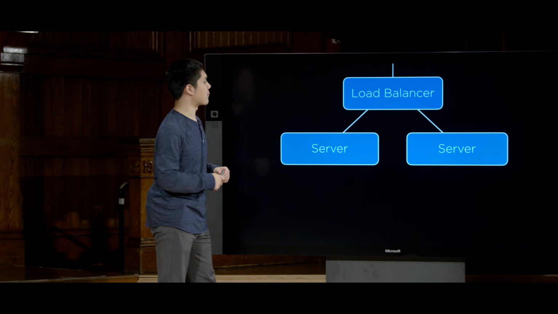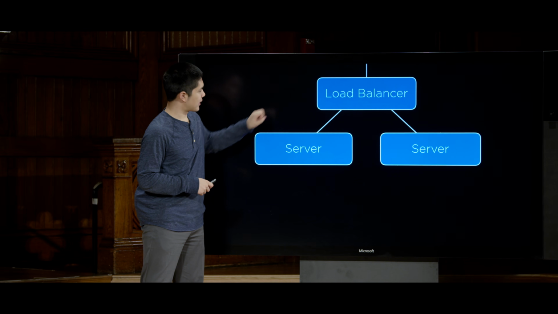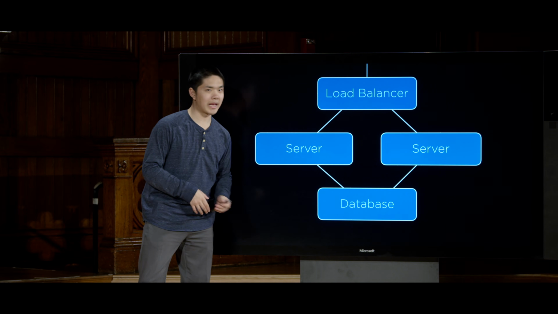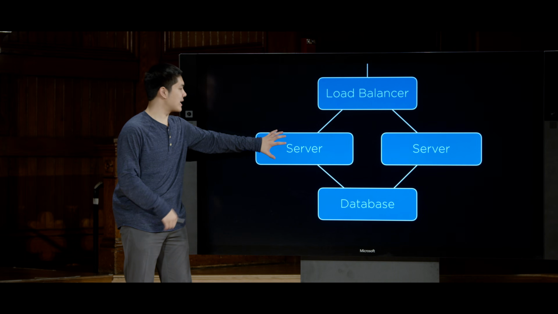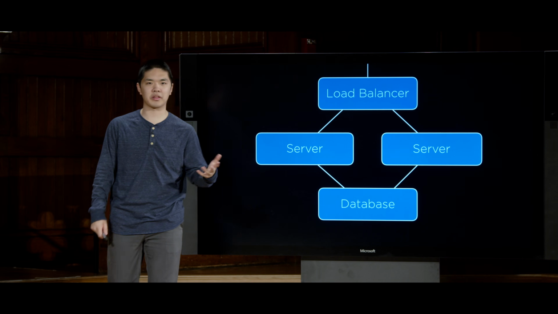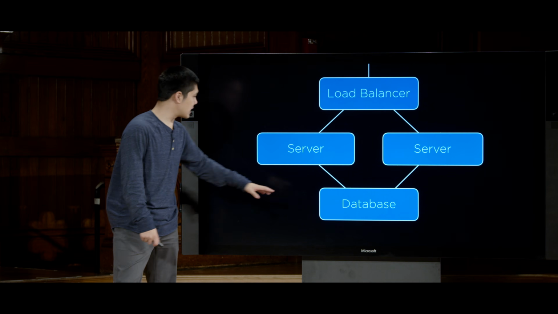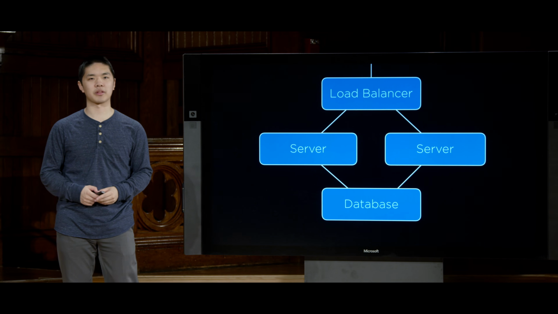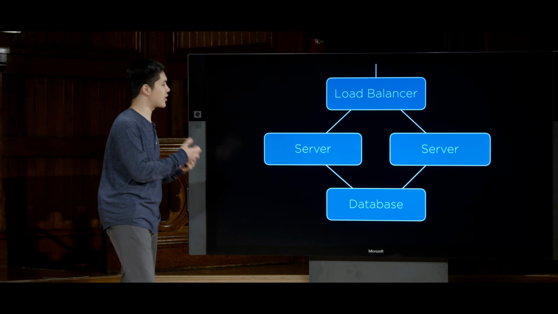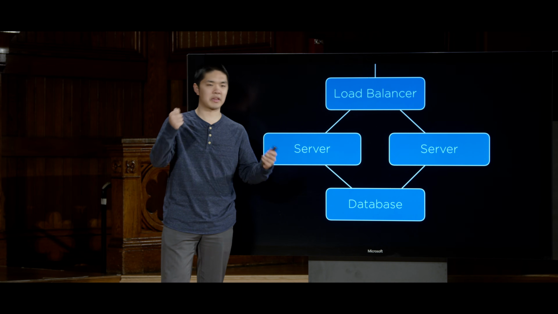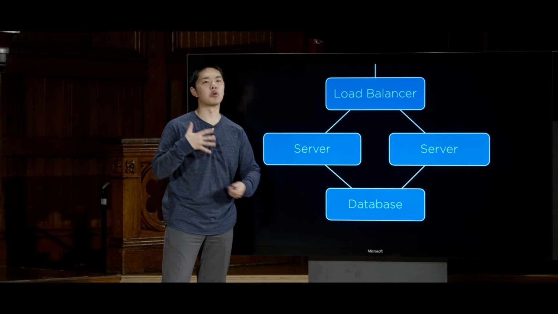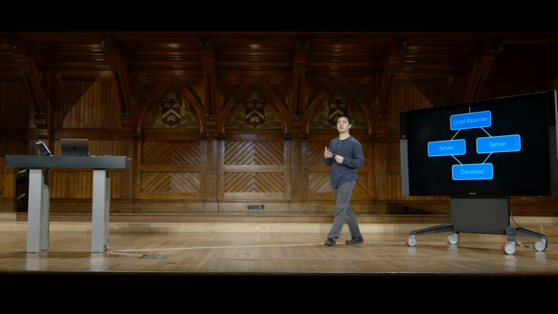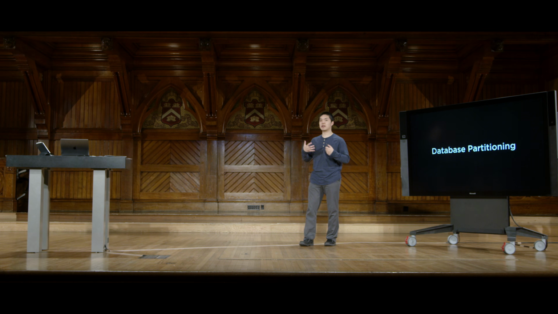In this picture, for example, you might imagine a load balancer that is communicating with two servers, but both of those servers need to be communicating with this database. And much like any server can only handle some number of requests, some number of users at any given time, databases, too, can only handle some number of requests, some concurrent number of connections at any given time. And so we need to begin to think about issues of how it is that we scale these databases as well in order to be able to handle more and more users. Now, one approach, the first thing we might try to do, is something called database partitioning,